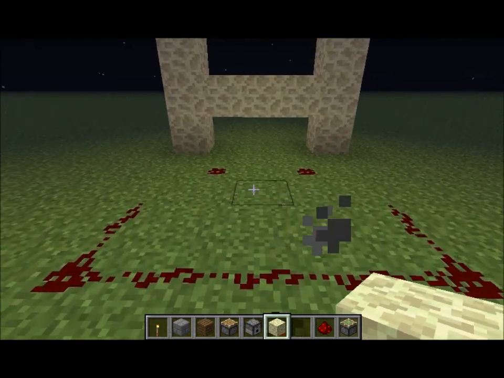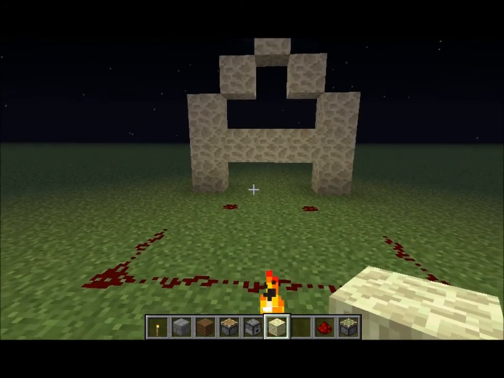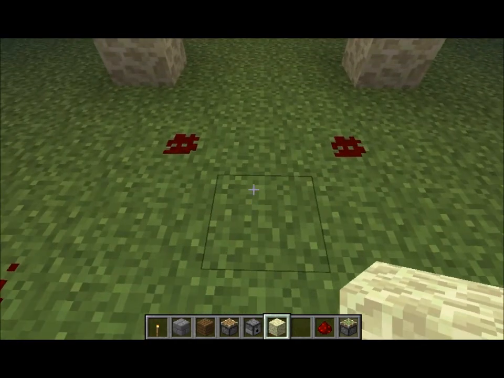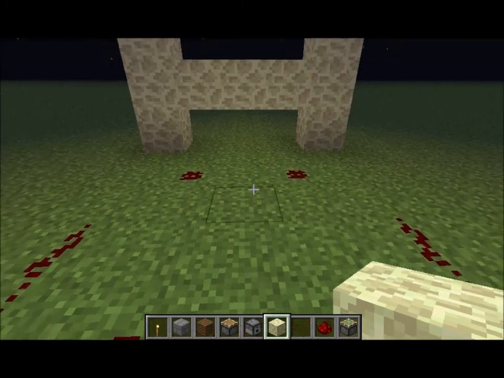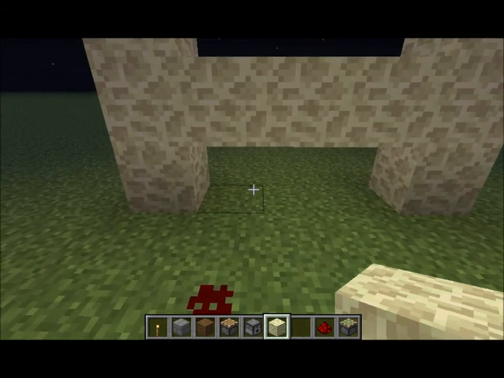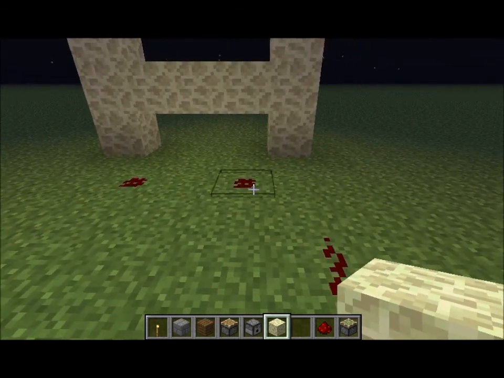I have this mob farm in my LP series that I recently started, and it uses dispensers and water pushing, and it farms spiders, zombies, skeletons, and creepers. It gets really good rates, and it is fairly simple to build, and it's not the most efficient mob